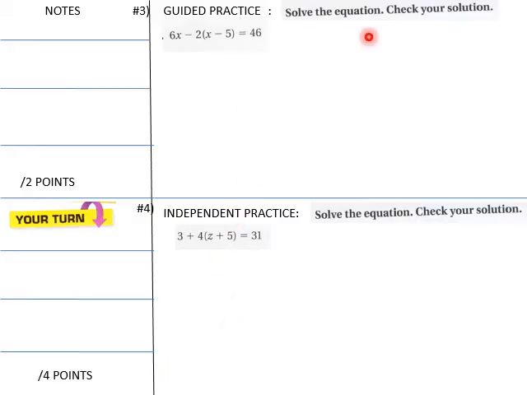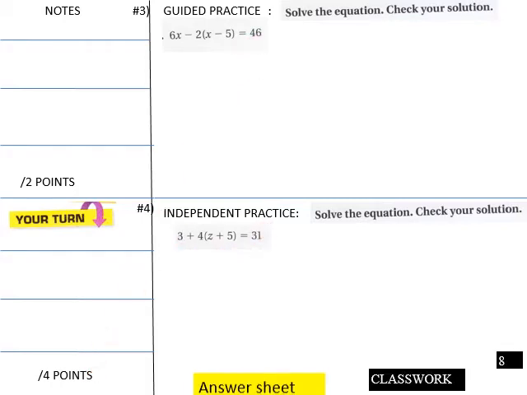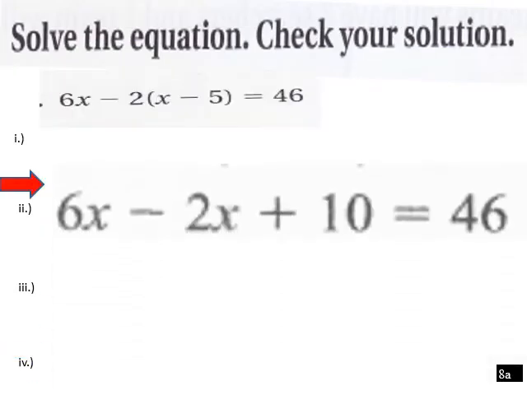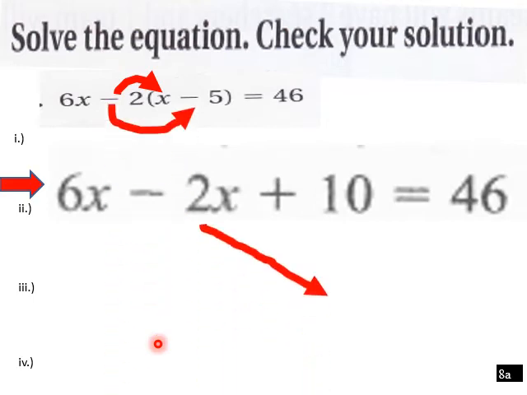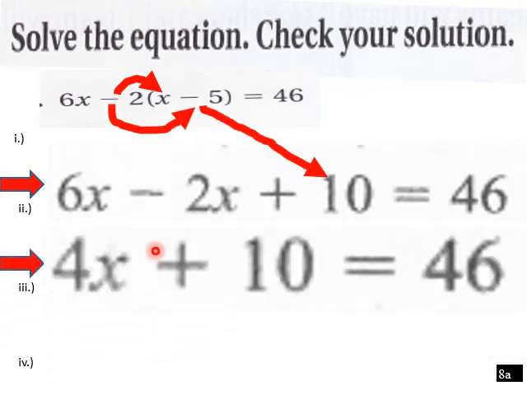So now, solve the equation. Students, this is on you. We're going to do this one right now in guided practice. Okay, so what do we do? How do we get this here? We multiply through by 2 and we get negative 2x plus 10 equals 46. And I'm going to show you every step here so you don't get confused. And then 4x plus 10 equals 46. How do we get to